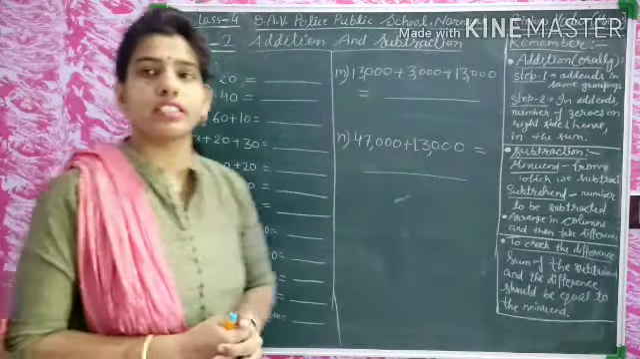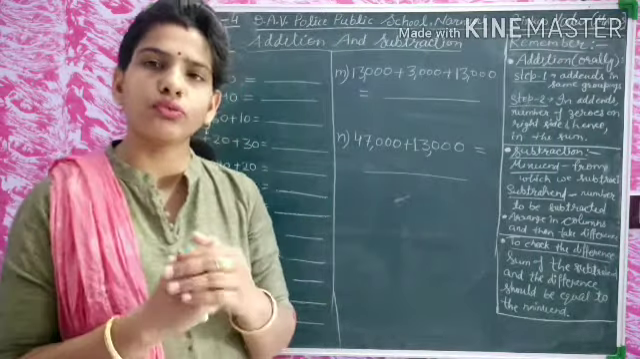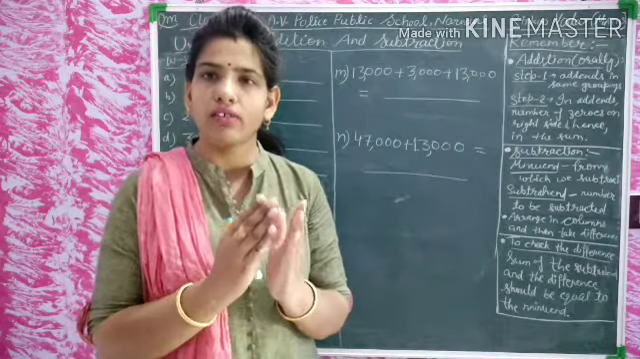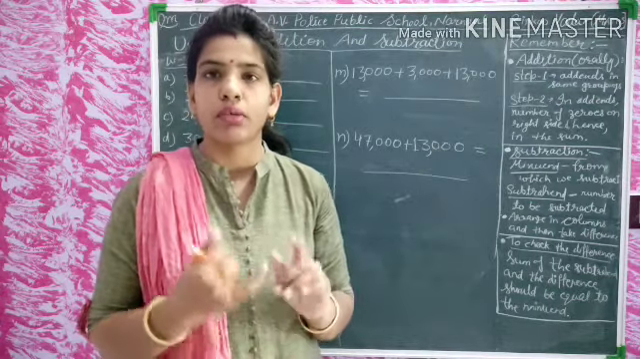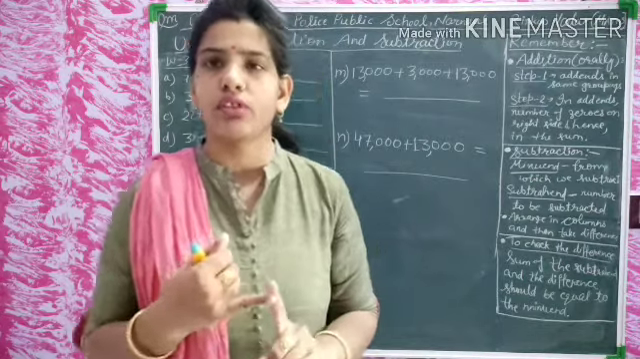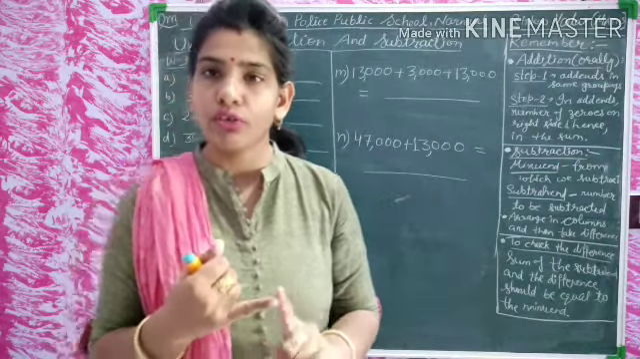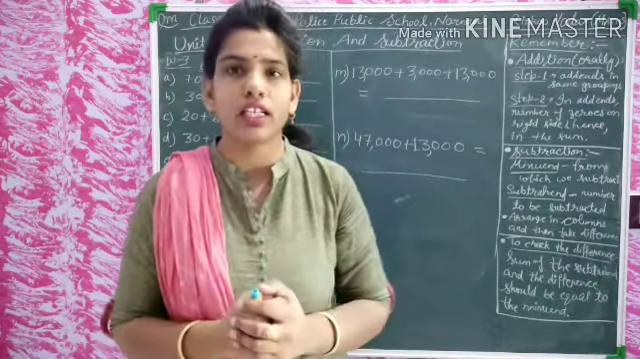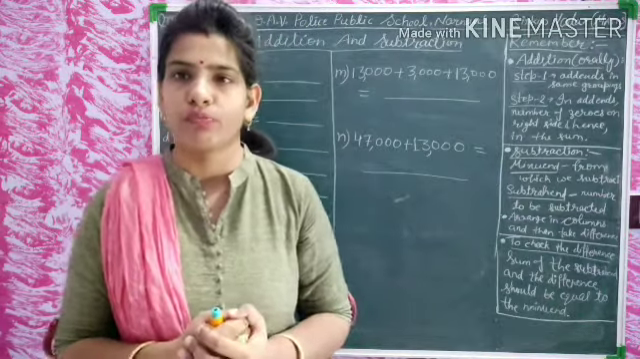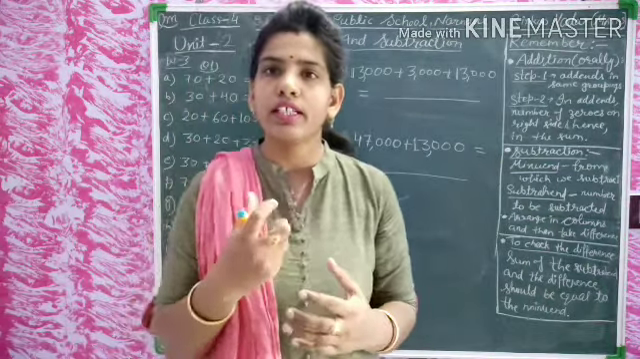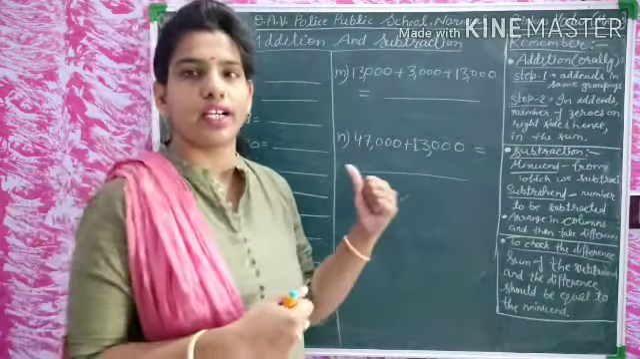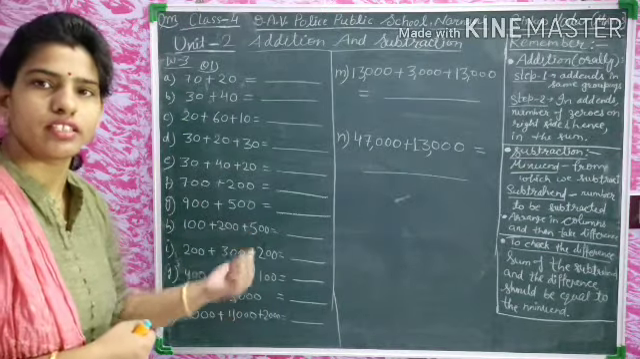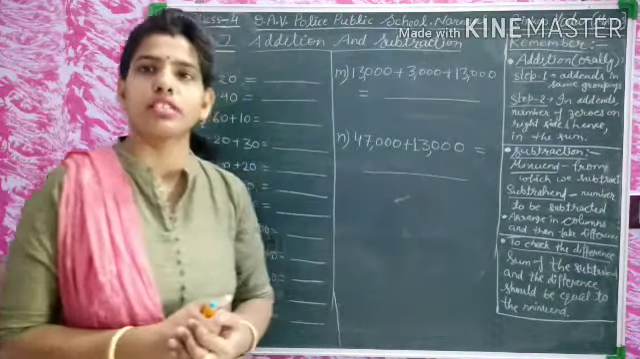But today we will discuss the addition of some special types of numbers, numbers having zeros at the end. Suppose you have 30 plus 40. If you are adding by counting 1, 2, 3, 4, 5, it's very typical for you. So there is a trick which you can use to add this type of numbers. These type of numbers are like this, and you can add them easily if